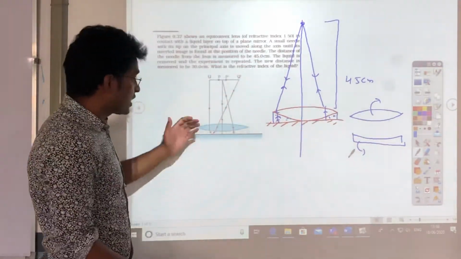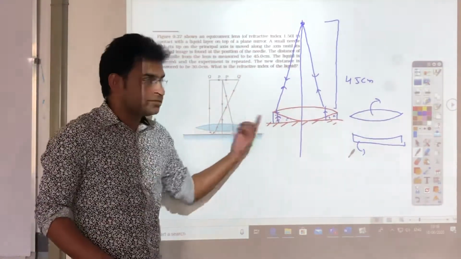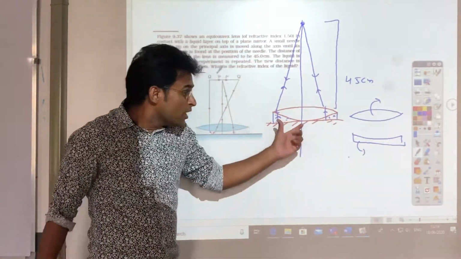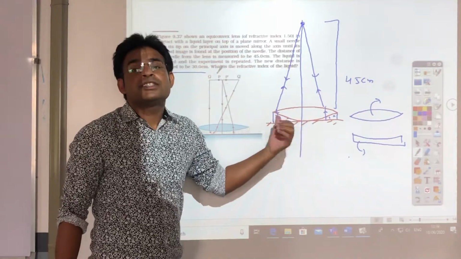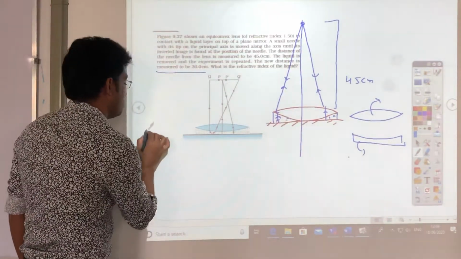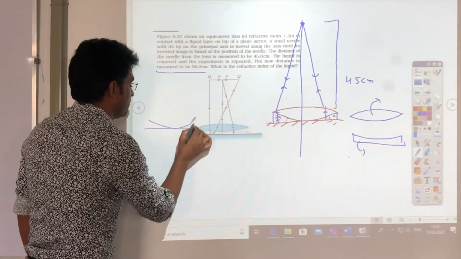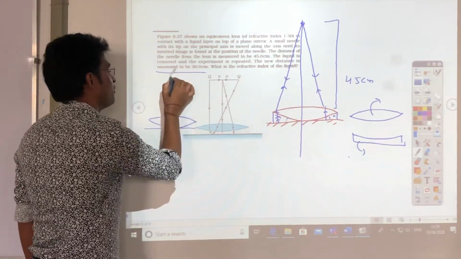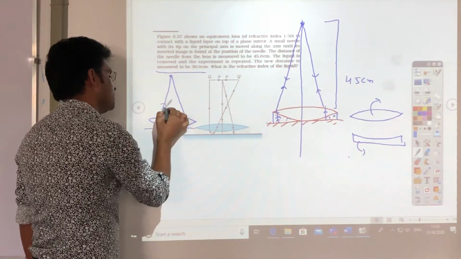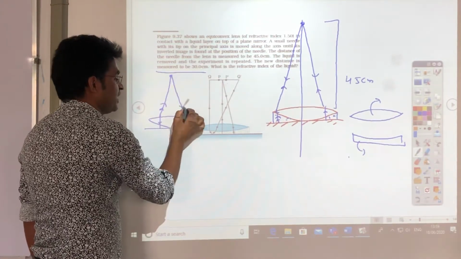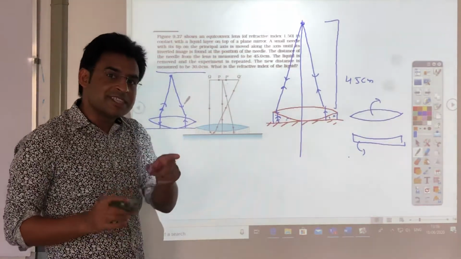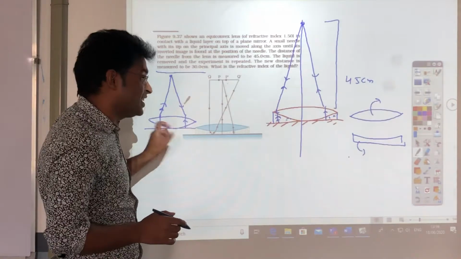Okay. Now the second part: now I remove that liquid. In that case the focal length will be 30 centimeter. Means if they remove that liquid, only one lens will be there. Now the liquid lens is not there. So if the object is at 30, the image is forming at 30 centimeter. Means it will retrace its path. So basically the second part, what they are telling is, if the object is at 30 centimeter, the image will form at 30 centimeter. Means the focal length of this one lens is 30.